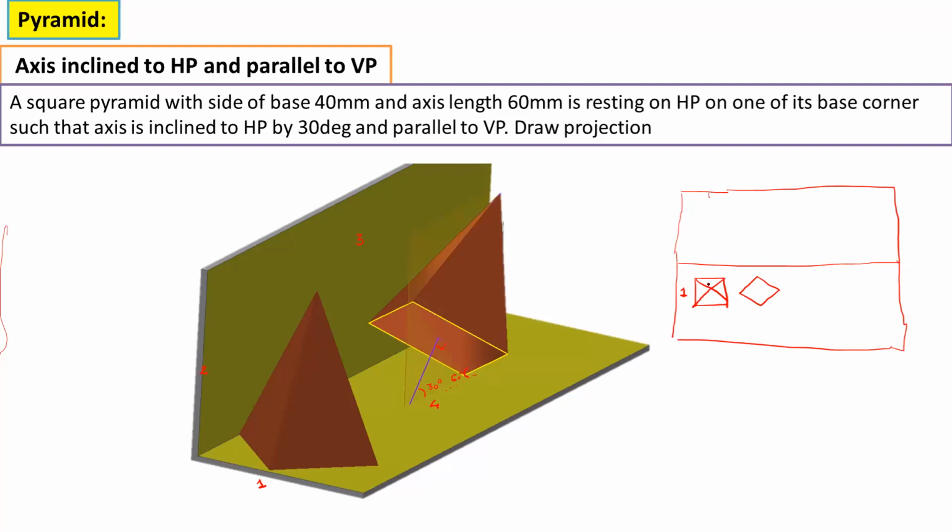These diagonals represent the lateral edges, that is, the slant edges. Out of that, which is the correct position in the top view? This is the correct position, because